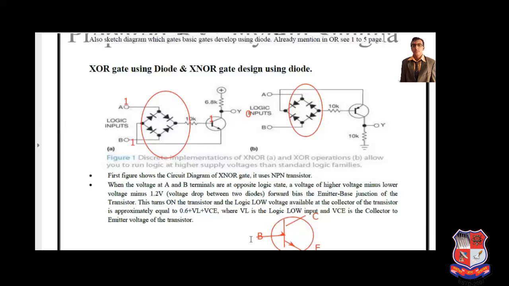If here 1 volt, then here voltage is 0. But here voltage is 1. At emitter we can get 1 volt. And what is the reverse figure of that? See the symbol of transistor. I have sketched the symbol of transistor here.